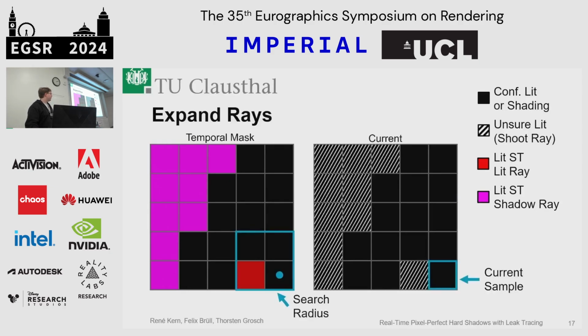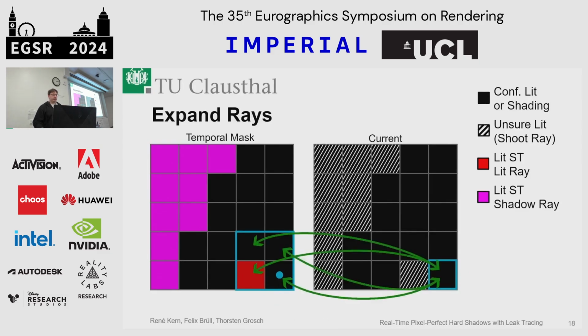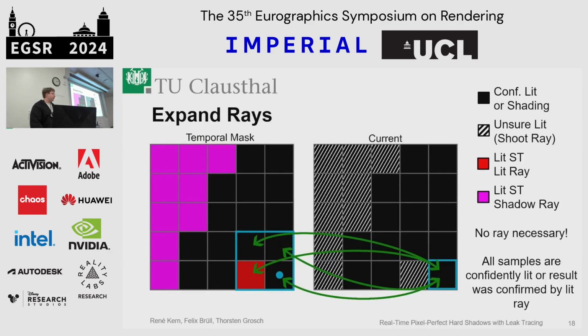So let's look at this bottom right sample. The sample looks up a 2x2 neighboring region in the mask. And we compare each of the results from the mask with our current sample. For this case, it's all unproblematic. The black case, of course, when it's confidently lit, we don't need to change anything. And the red case only confirmed our known result that this point is lit, so it's unproblematic, and we don't need to distribute any more rays. Next up, we look at